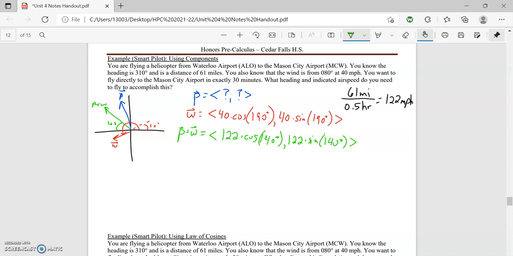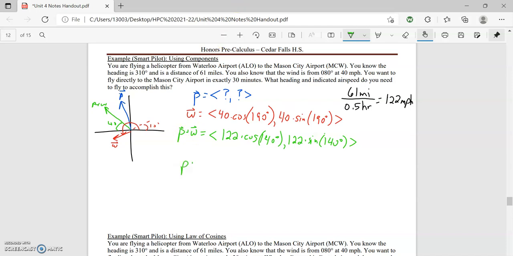Okay, looks like we've got all three vectors laid out. We know what we know and we know what we don't know. So when we look at this and we're saying, okay, how do we find P? Well, look at the vectors. We have P plus W. What's to say we can't say